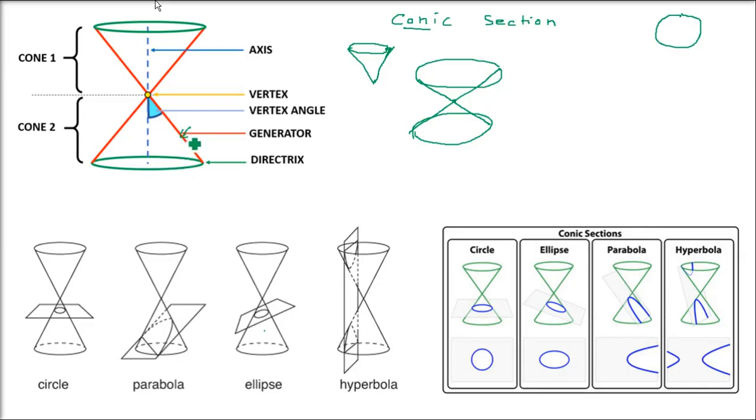So this cone or stick is called generator because it is generating this figure. The point we fixed, we'll call it vertex. If you make a triangle, you see that there are three vertices. Here we have a line, and on the basis of this axis only, we moved that stick, that generator. So that will be called the axis.